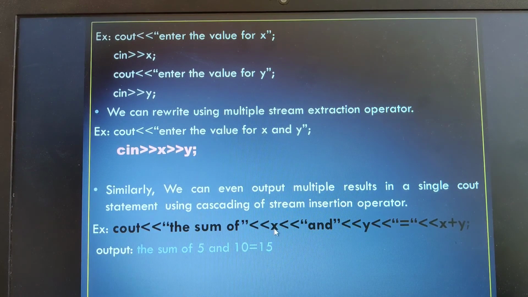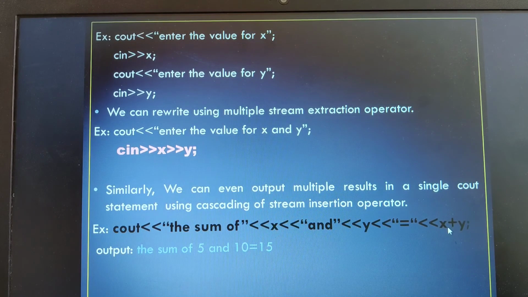Since it's a variable, the value of x will be replaced here as 5. And again here I have given it in double quotes, so it is a string constant, and as it is, it will print. And then y is a variable, so its value will be replaced. Equals to is again a string constant, printed as it is.